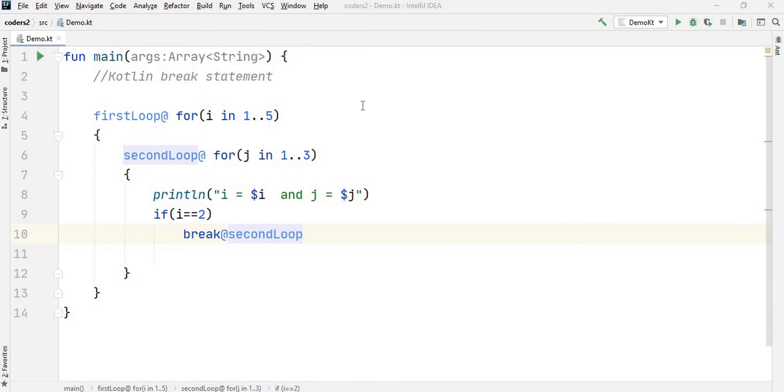Okay, so let's understand this. The very first time the value of i here is 1. So i is equal to 1 in this case, and when it goes to the inner loop, i is still 1 and the value of j is 1 as well. And now this will print the values of i and j here, so it will print i is equal to 1 and j is equal to 1. And now it comes to the if and checks the condition. If i is equal to 2, only then come inside the if block and break the specific loop, which is secondLoop in our case. But i is equal to 1 here, so it evaluates to false and will not come inside the if block,